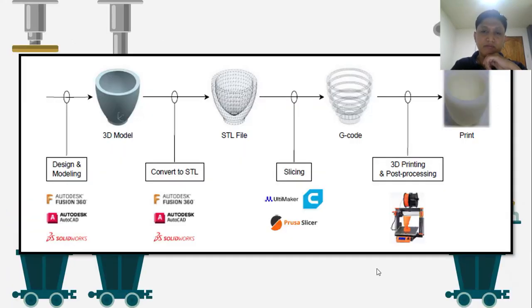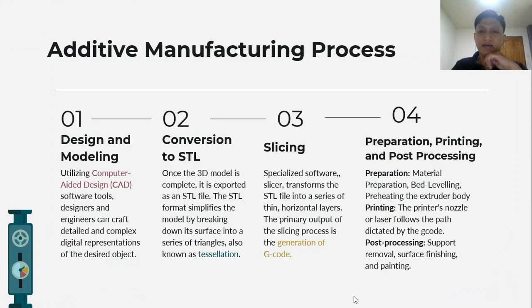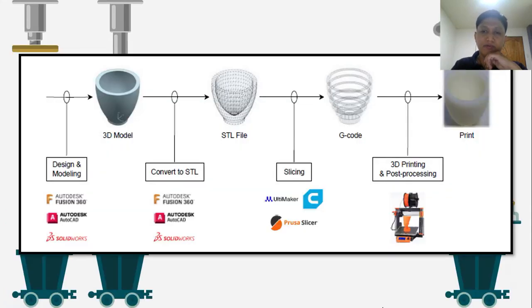Since some 3D printed parts require support so that it will not fall, the maximum or the suggested support angle, based on my experience, is 45 degrees, or at the most it can also print 30 degrees with respect to the build plate. Lastly, the post-processing, such as the support removal, surface finishing, where the output is submerged in